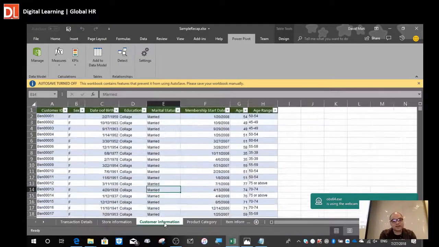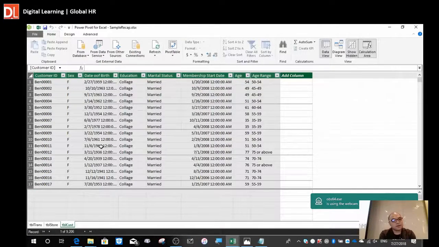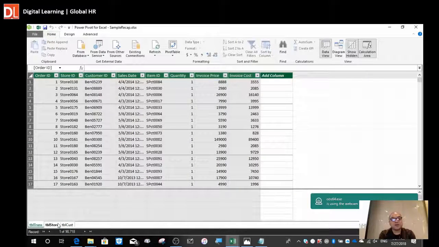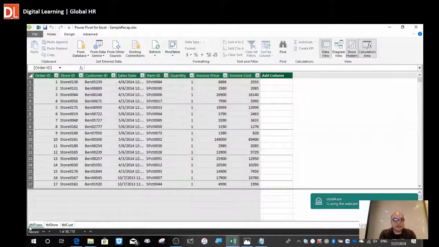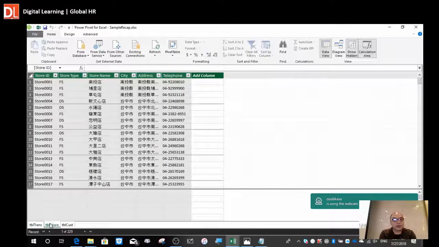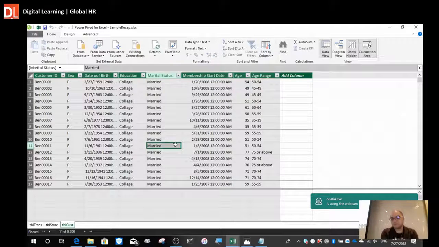Again, do the same thing. Customer information, click Add to Data Model again. And then after that, altogether, you can see 3 tables are ready inside the data model of the PowerPivot editor. Can you see this TBL Chance, TBL store, and TBL cast? Is it okay? Right? So, David, what is the difference between the data inside the PowerPivot and the data inside